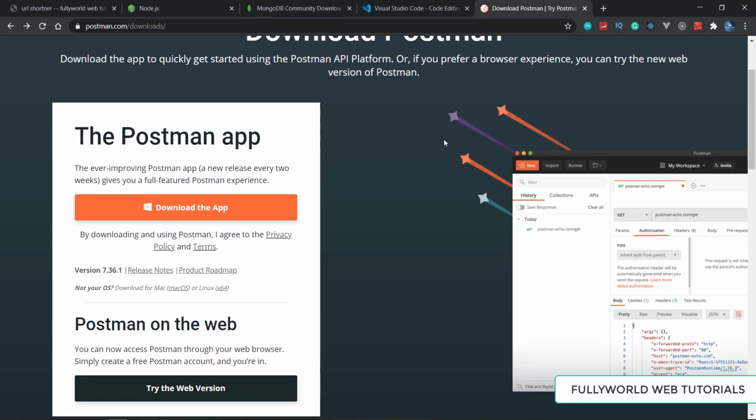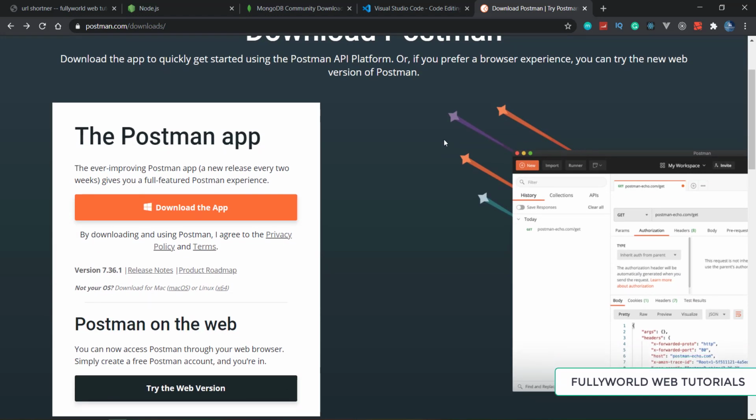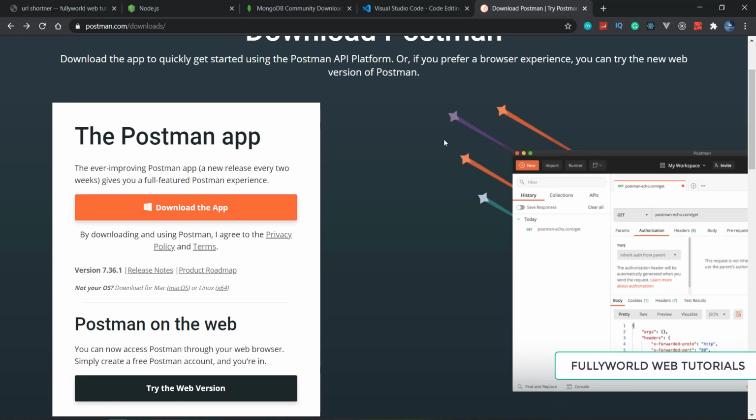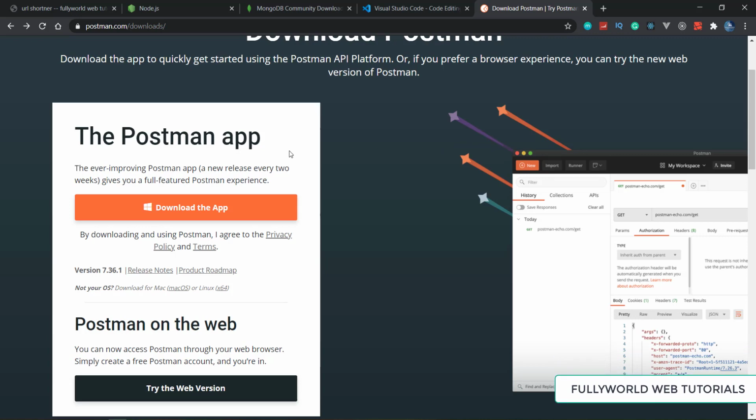After that we need Postman. When we create our APIs, we will not create any views or interface at first. To test those APIs, we need the Postman app.